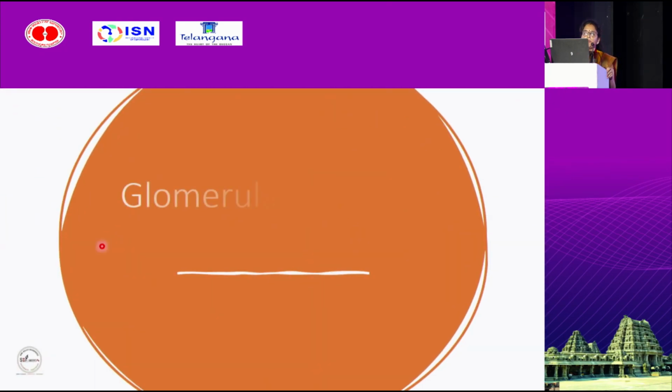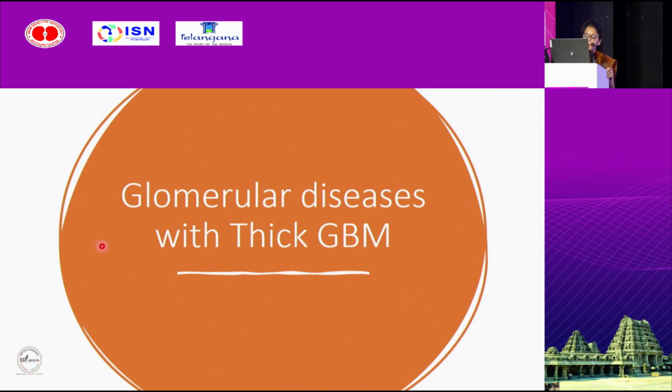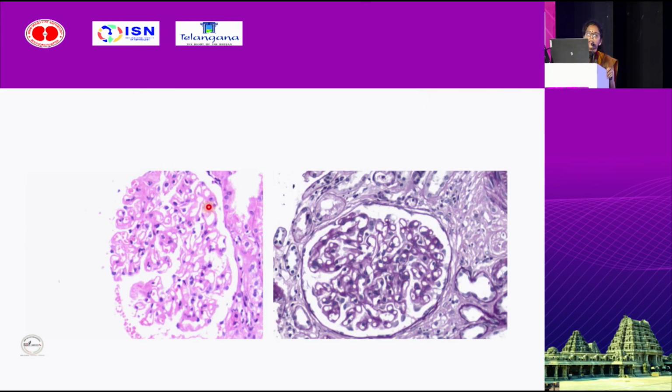So next comes glomerular diseases with thick GBM. This is an HNE stained section showing an exaggerated normal appearance, with diffuse uniform thickening and rigidity of the basement membrane. This is a PAS stained section. On this hand side, these are the normal tubules, and these are some atrophic tubules showing wrinkling and thickening of the GBM. So match the thickness of this TBM, tubular basement membrane, with this glomerular basement membrane. It is matching. That's how we compare the thickness.